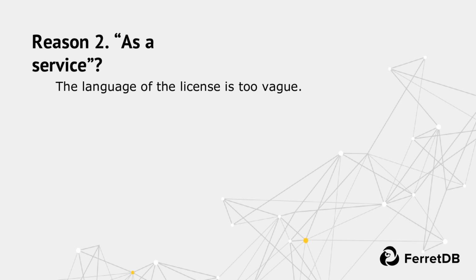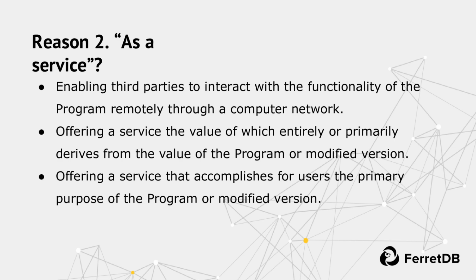It's open to interpretations. If we open the SSPL license text, there are a few sentences that I want to show. So what it means as a service according to that license. First of all, it means that we work with, or we offer, some third-party providers that interact with the functionality of the program. Then the service that we offer uses the drivers and the value of the program. The program here is actually MongoDB.